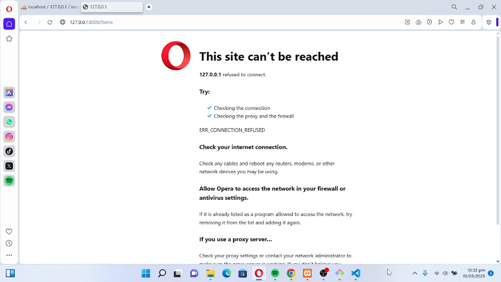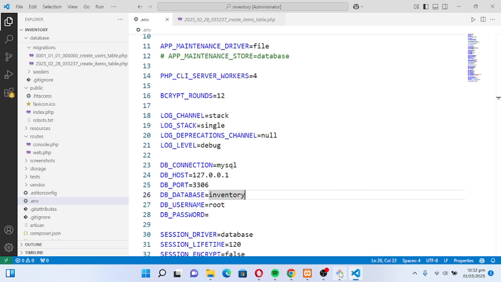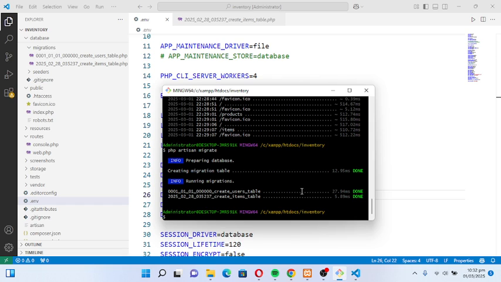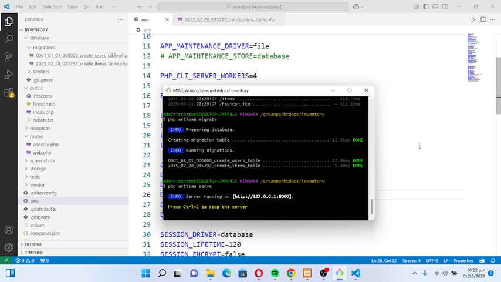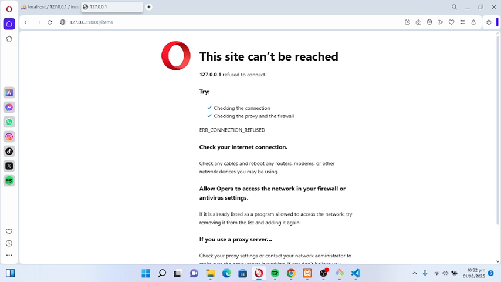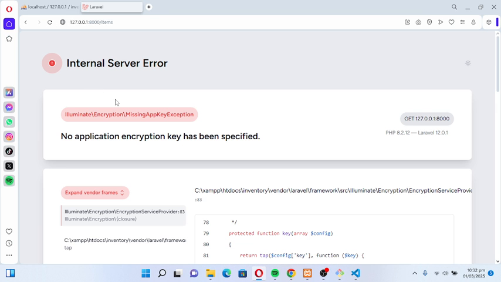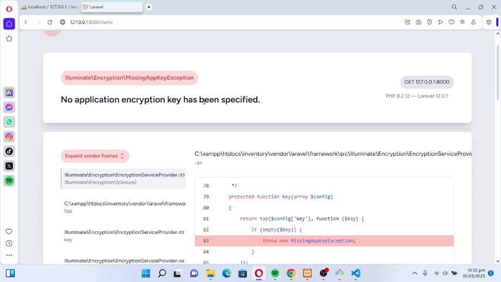Why? Okay. Sorry, I forgot to run the server. Up key.